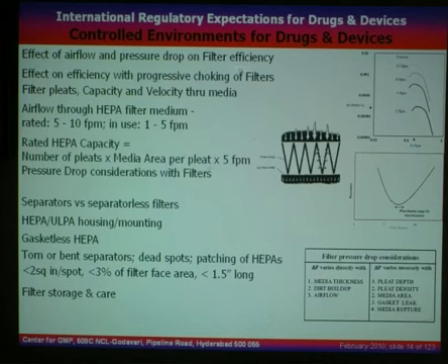The media area per pleat multiplied by the number of pleats and multiplied by 5 feet per minute, assuming that is the velocity of the airstream through the media, gives you what is called the actual rated capacity of that filter. Why I'm mentioning this to you is the depth as you see it outside could be 6 inches or 12 inches or whatever. But the manufacturer could